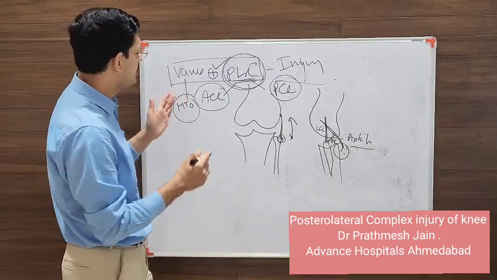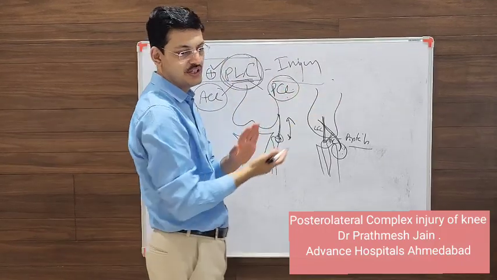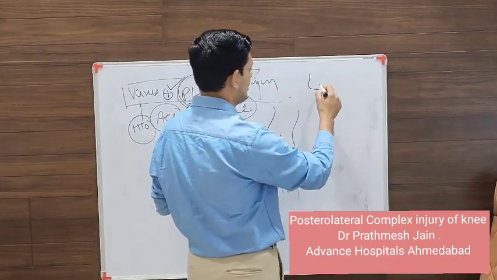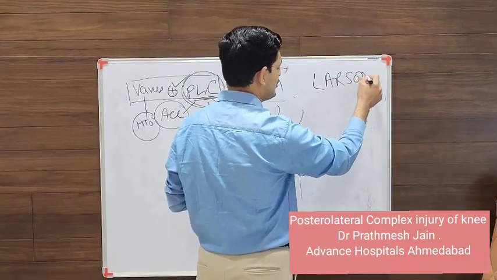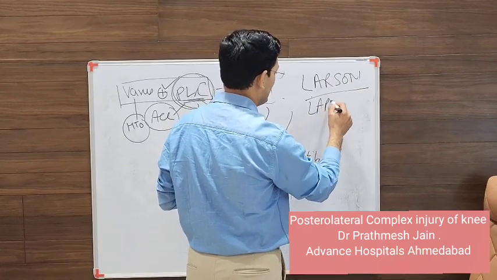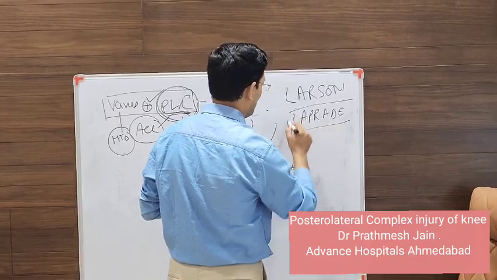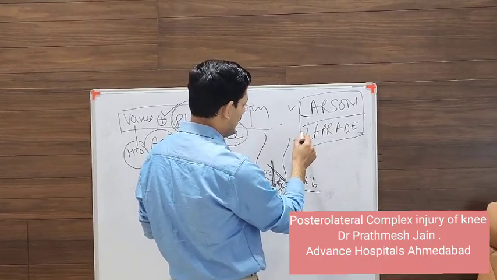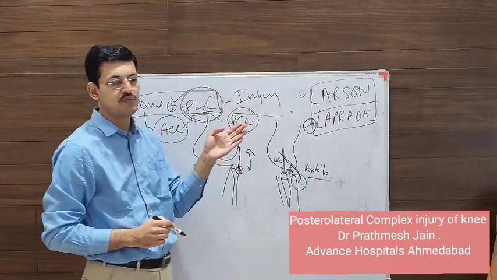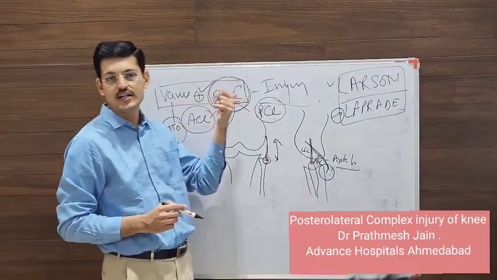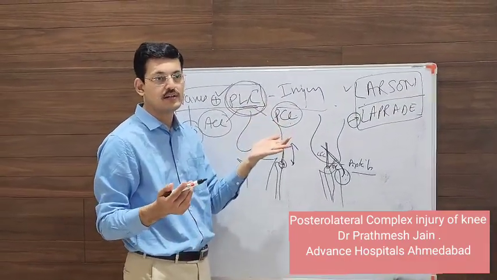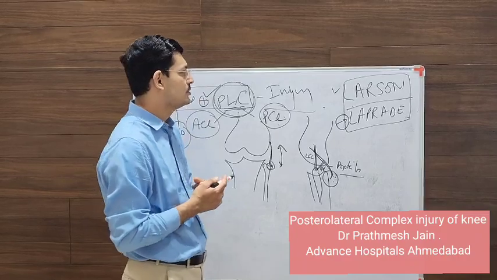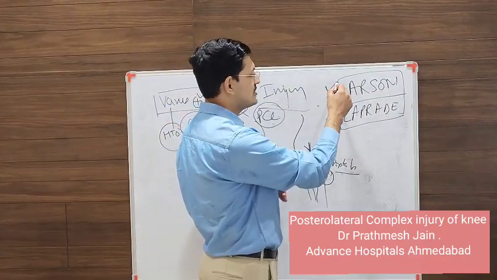Okay, now comes the pure PLC chronic injuries. In my practice there are two main procedures that you can do. One is a Larsen, which is more commonly done, and the other is a LaPrade. Now, in Indian scenarios, this is more practical. This has the problem of availability of the graft, because this is not a solitary injury, as I told you. You will not get the option of too many grafts here in India because you don't have allografts available. So what I would recommend is that you start with the Larsen procedure.